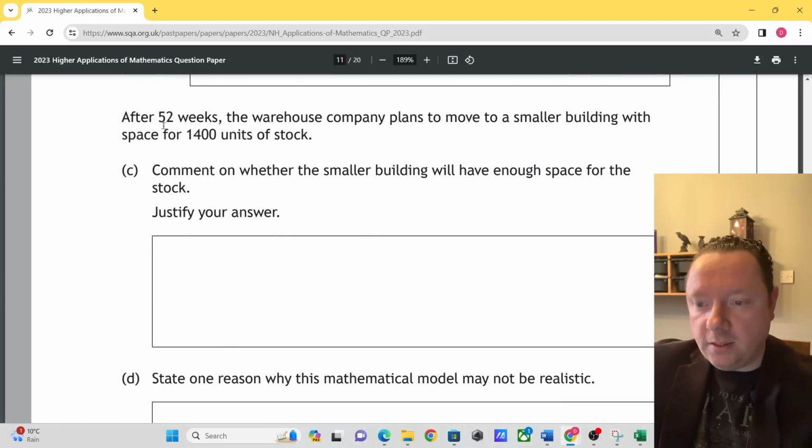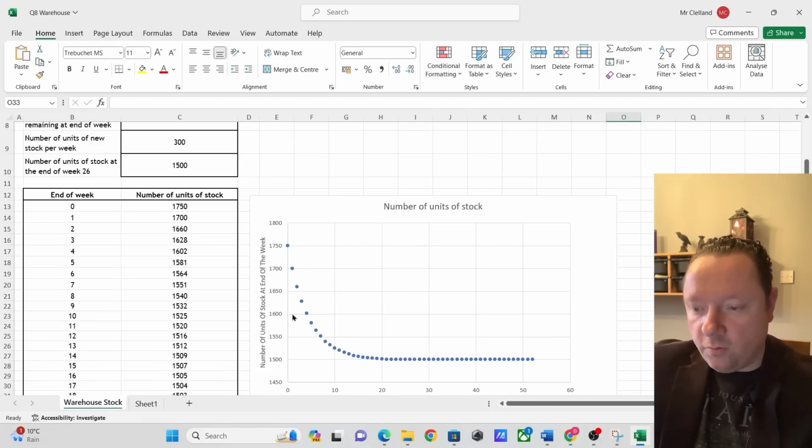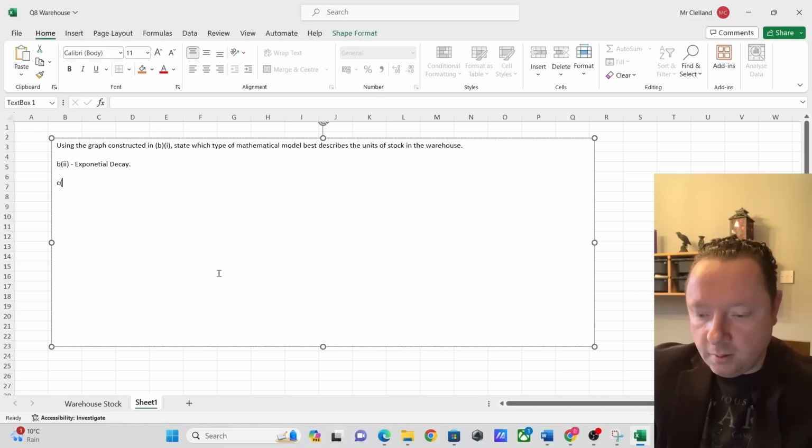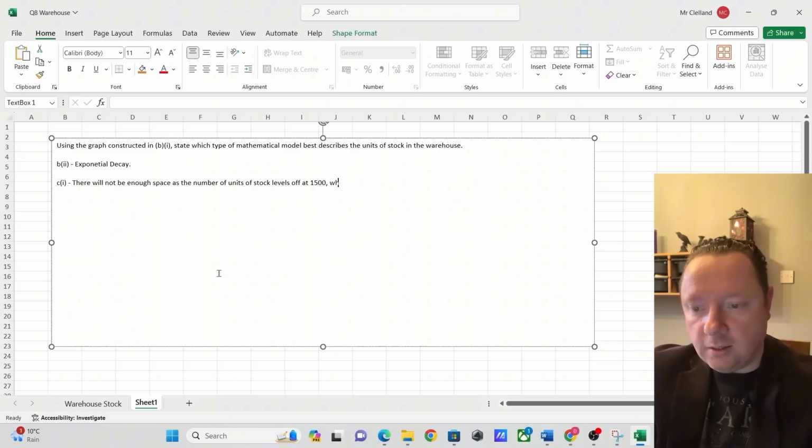It says after 52 weeks, the warehouse company plans to move to a smaller building with space for 1,400 units of stock. Comment on whether the smaller building will have enough space for the stock. Justify your answer. Go back to our stock. You can see here we've done it after 52 weeks. It levels off at 1,500, so we're not going to have enough space because 1,500 is bigger than 1,400. See part 1. There will not be enough space as the number of units of stock levels off at 1,500, which is greater